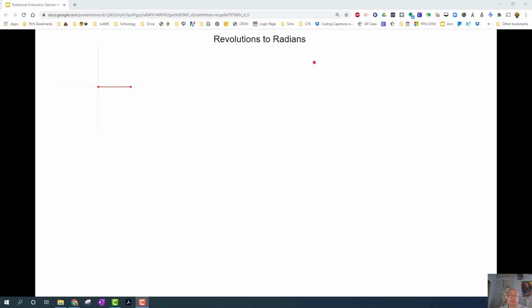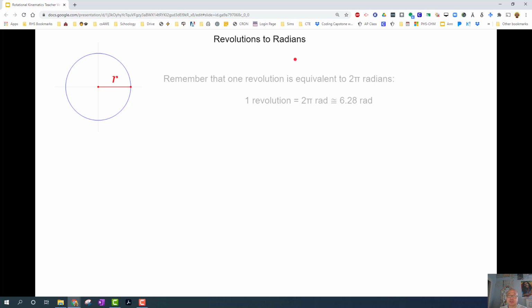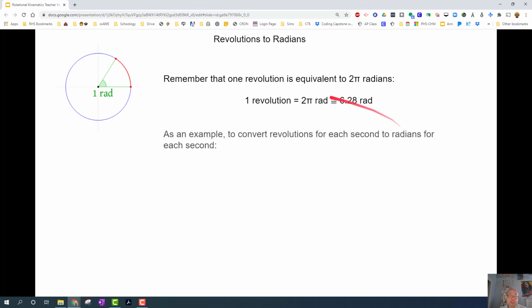Let's discuss converting from revolutions to radians and from radians back to revolutions. So going around once, remember, in the unit circle is equivalent to 2 pi radians, or in decimal form, that's 6.28 radians. If, as an example, we want to convert from revolutions for each second to radians for each second, and we